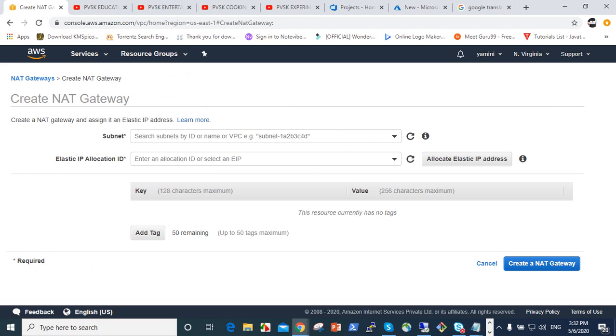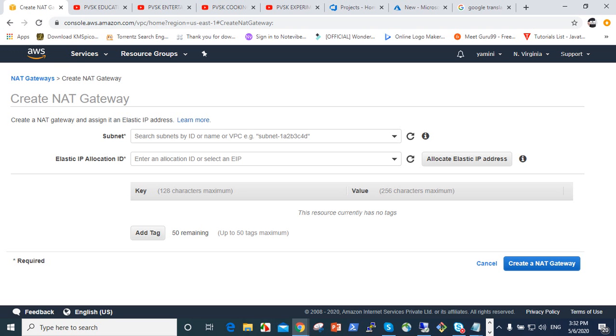So if you want to connect it to the internet, or update or fetch patches for that DB server, you should create a NAT gateway and go through that NAT gateway. You should connect it to the DB servers, and after completion of the work, we can remove that NAT gateway immediately as per requirement. So NAT means here network address translation.